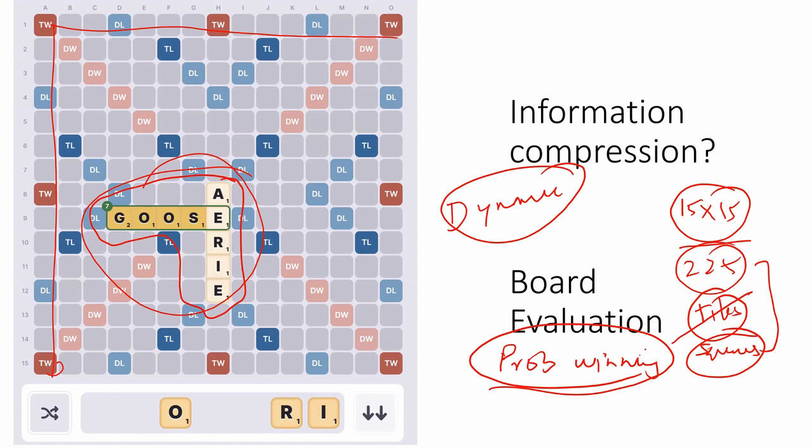ये क्या है? ये बोर्ड इवैल्यूएशन का कैरेक्टर है. और ये किसके साथ इंटरैक्ट कर रहा है? ये बोर्ड के साथ इंटरैक्ट कर रहा है. आप याद है जब एआई की बात की थी, ऊपर जब बात की थी एआई की, तो हमने कहा था कि जी देयर इज अ बोर्ड इवैल्यूएशन का फंक्शन, सॉरी देयर इज अ बोर्ड इवैल्यूएशन का कैरेक्टर, नॉट अ फंक्शन. देयर इज अ बोर्ड इवैल्यूएशन कैरेक्टर. वो क्या करता है? उसको आप बोर्ड देते हैं, उसको आप कुछ और इन्फॉर्मेशन देते हैं इन एडिशन टू द बोर्ड. वो दोनों पीसेस में लेता है, एंड व्हाट डज इट डू?